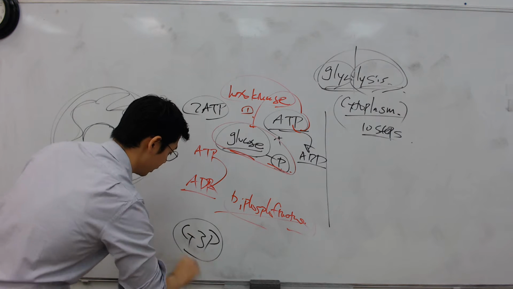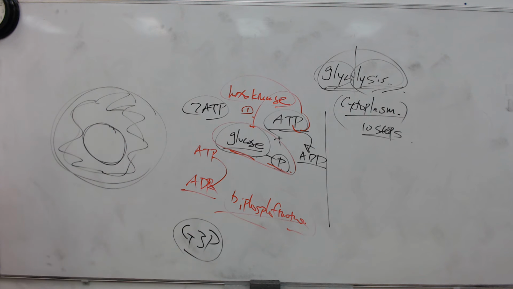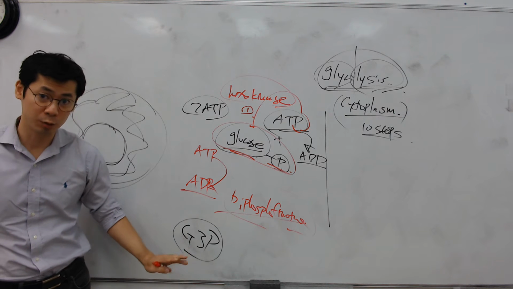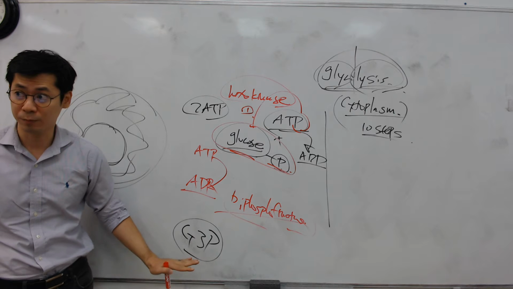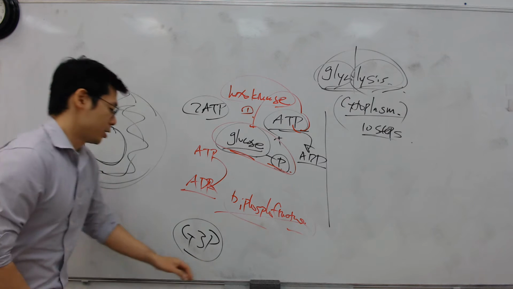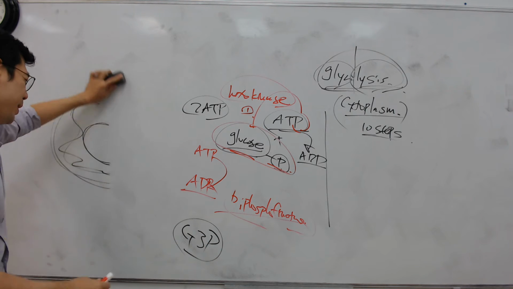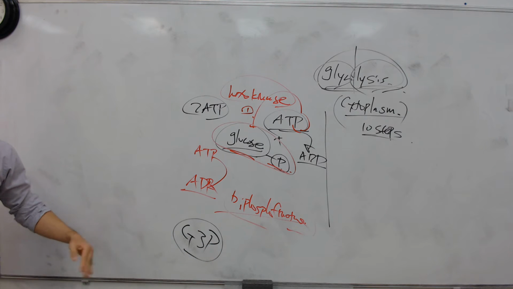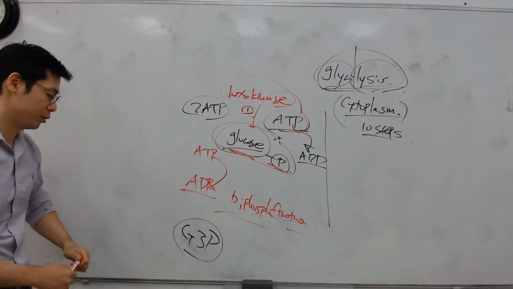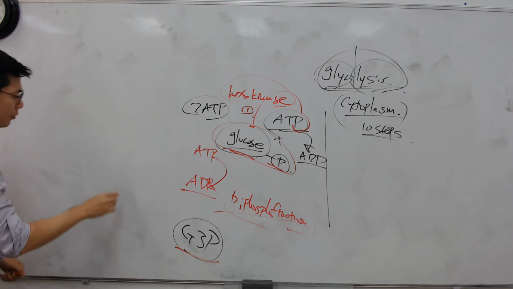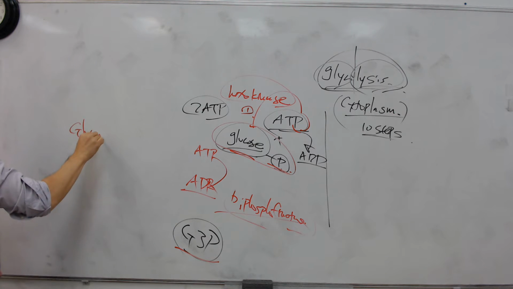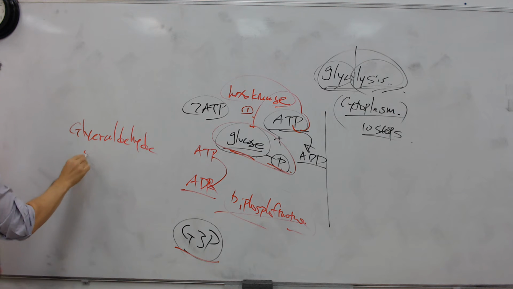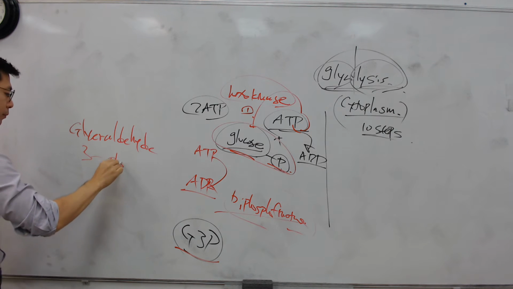It's very important to understand what G3P is. We might have talked about it last week, I'm not sure. G3P is glyceraldehyde 3 phosphate. You have to know this for the AP. Back in old times when I was in high school, they used to call this PGAL, just so you know. So G3P is glyceraldehyde 3 phosphate.